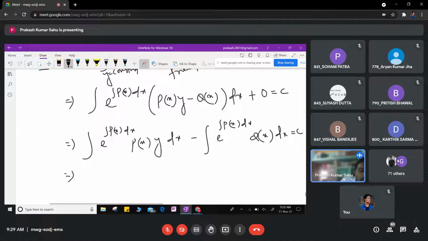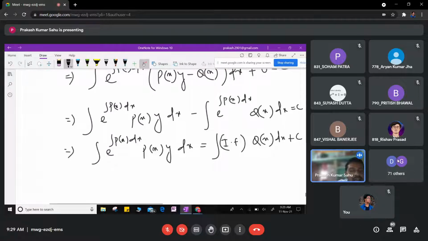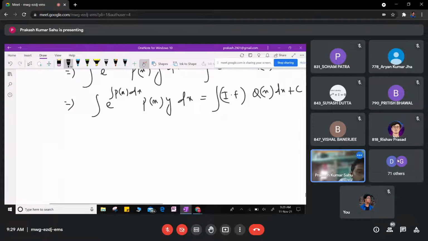So we can say this is integration of e to the power integration of px dx into px into y dx is equal to integration of, this is your integrating factor, yes or no, into qx dx plus c. ओके, तो राइट हैंड साइड आ गया इंटीग्रेशन इंटीग्रेटिंग फैक्टर qx dx प्लस c, बट लेफ्ट हैंड साइड क्या होना चाहिए? दिस लेफ्ट हैंड साइड इट विल बी व्हाट, दिस y इनटू इंटीग्रेटिंग फैक्टर, ये होना चाहिए, यस और नो, देन वी प्रूव द सॉल्यूशंस इज करेक्ट. तो ये होगा y इनटू इंटीग्रेटिंग फैक्टर.